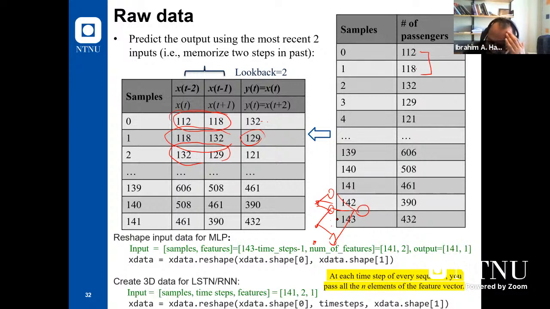But in case of MLP, the data must be reshaped into this format. It will be number of samples times the number of features, which we know anyway. But in case of LSTM,